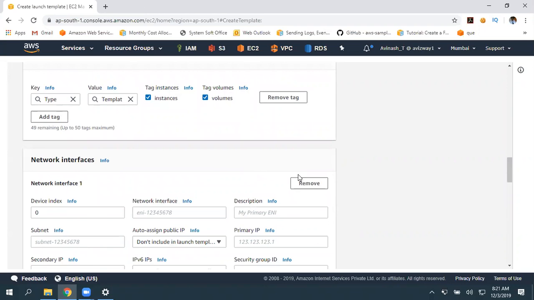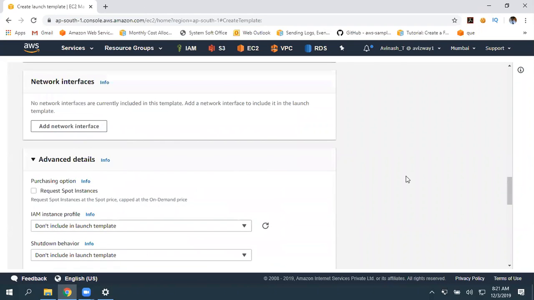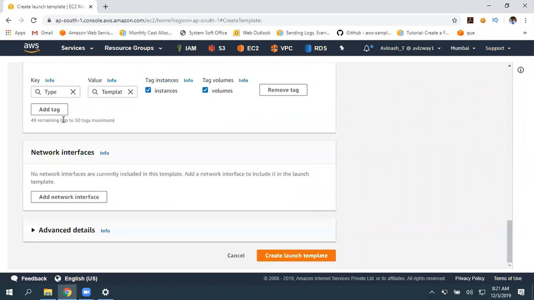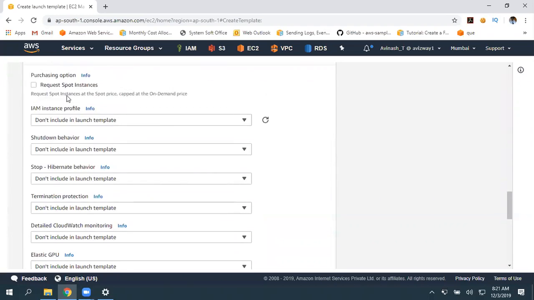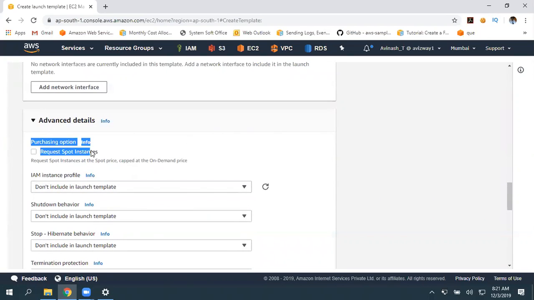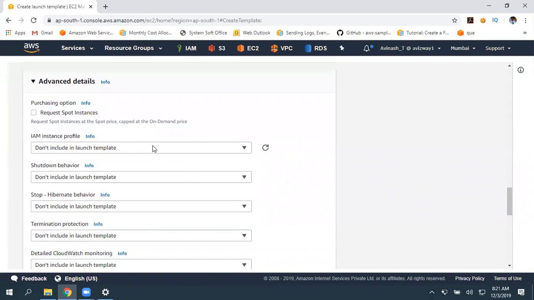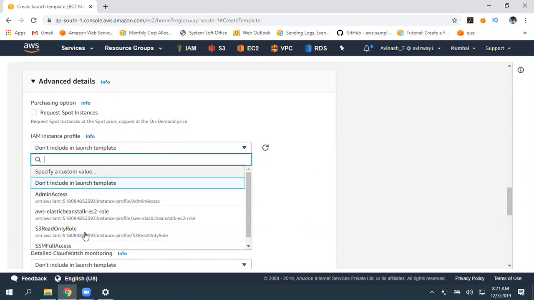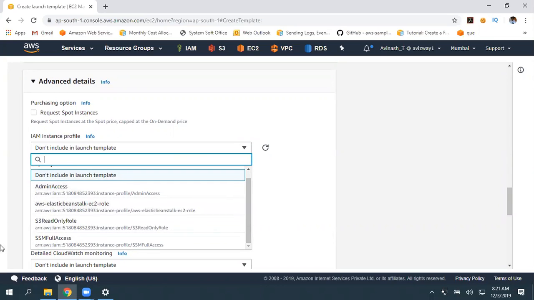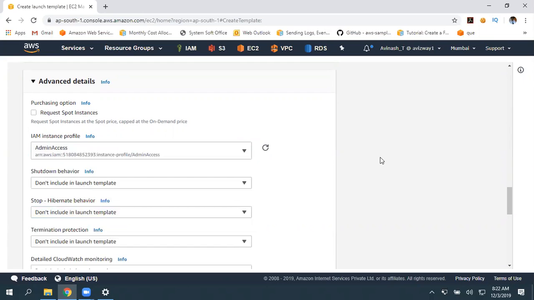Okay, we manually need to create and we can use that. So leave this blank. So again, additional details. So here, if you want to launch this under spot category, just go here, then give your pricing and all. So if you want to give any profiles like a role, for example, whatever instance is coming automatically, I want to get it with admin access.